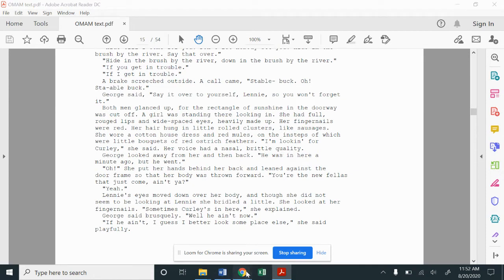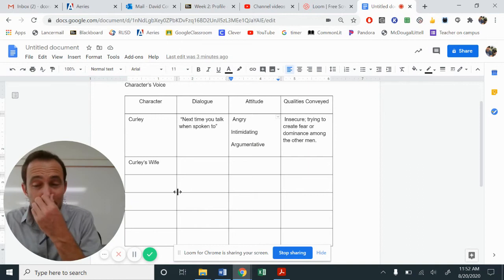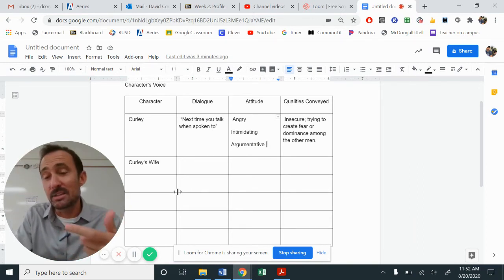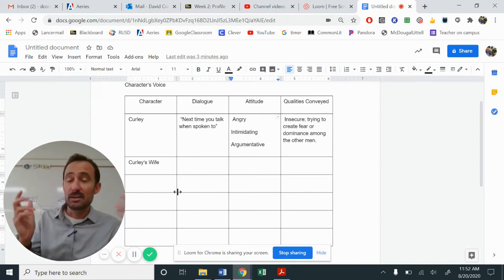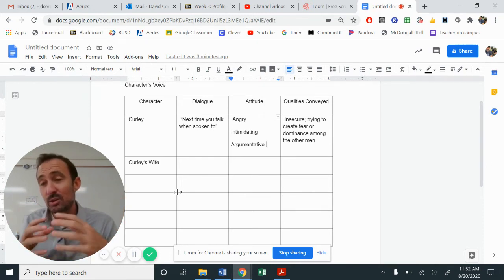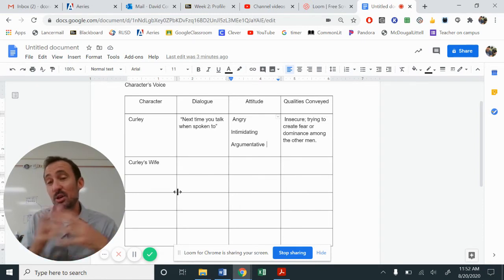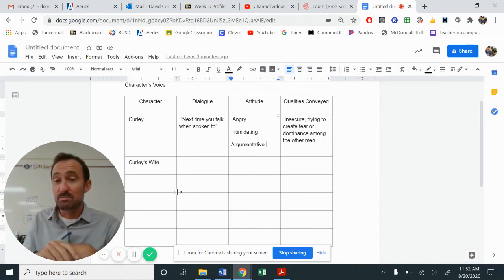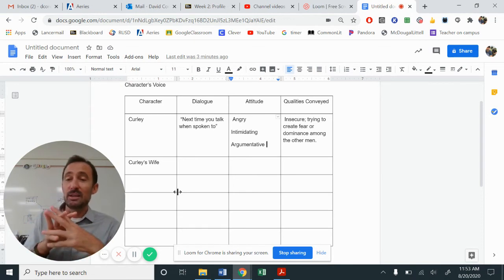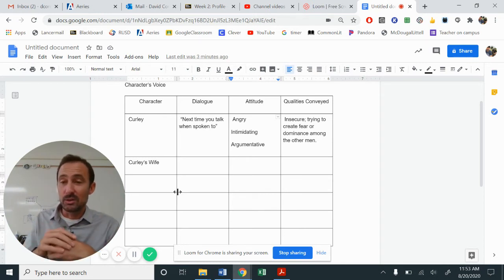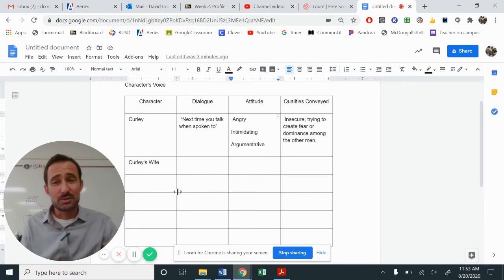Now it's interesting because Curly just left. They're on a farm together, so it's interesting that she goes in there to find him when more than likely she saw him leaving. So understand that Curly's wife is the only woman on the farm. She's a very lonely character, and she really has no one to talk to. The other part is she's married to Curly, and Curly is the boss's son. If you get in trouble with Curly for whatever reason, you may lose your job because he could go to his dad and say, "Hey, you need to fire these people." So there's a dynamic there that's pretty interesting.